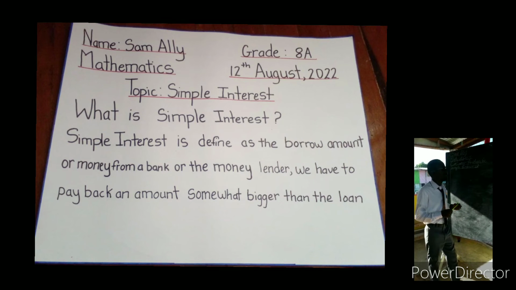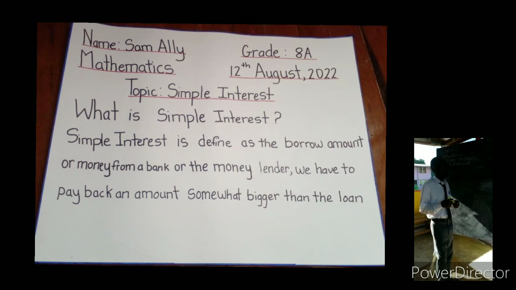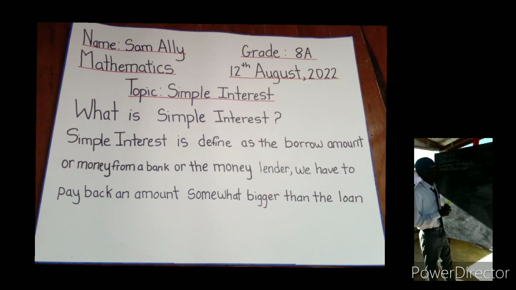I will list what my colleagues had mentioned. Simple interest is the amount earned or the amount paid on the sum of money borrowed. And the formula, as Ms. McKen has indicated to us, is PRT over 100 for the simple interest. For the principal, it's 100 multiplied by the simple interest divided by the rate multiplied by the time. For the rate, it's 100 multiplied by simple interest divided by principal multiplied by the time. And for the time, it is 100 multiplied by simple interest divided by the principal multiplied by the rate. So with that in mind,